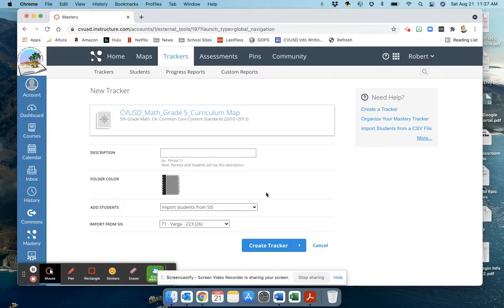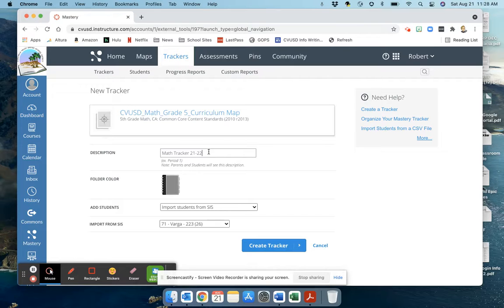And then what you're going to do next is name your tracker. Now remember, these are all the district required assessments or benchmark assessments and quizzes for our math program this year. So you don't want to put anything too specific like Unit 1 tracker, because this is going to be for the whole year. I would highly suggest you just call it Math Tracker 21-22 school year. I think it's important to put the school year in there